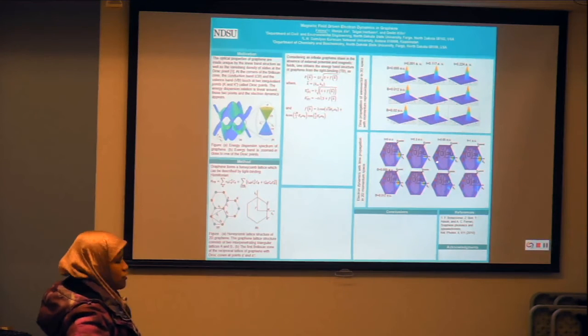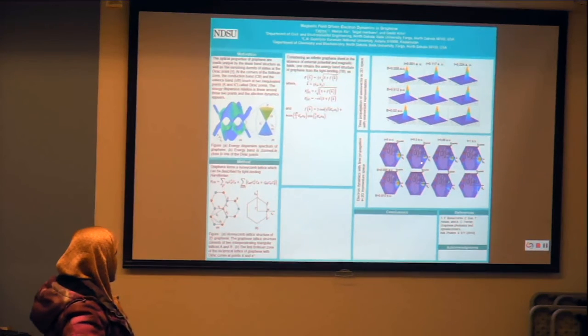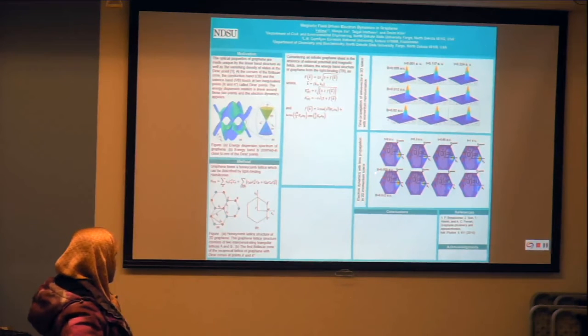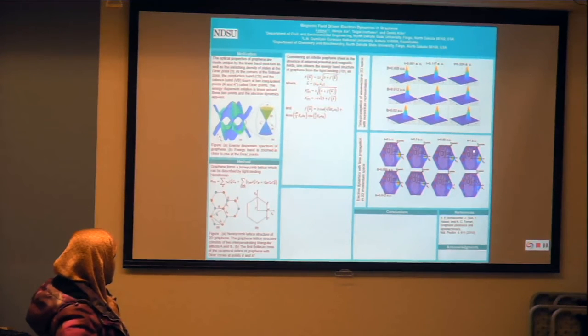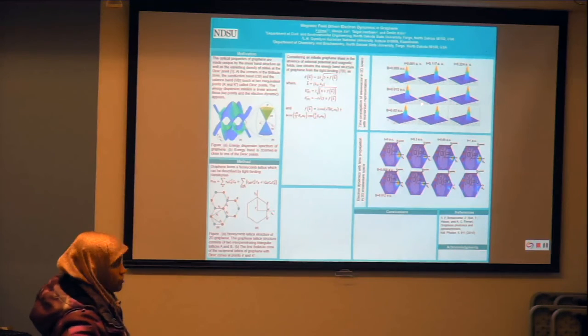By the way, this one is for graphene. So if we apply a magnetic field in graphene, we can see electron dynamics. This yellow space is high electron density. For magnetic field 0.005, we can see how the electron wave packet changes, and for magnetic field 0.012, we can see the wave packet is spreading here. But apparently, it looks like there is no dynamics for these values in free space.